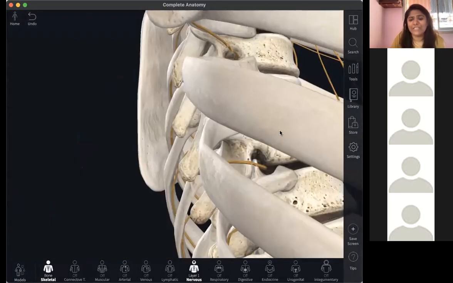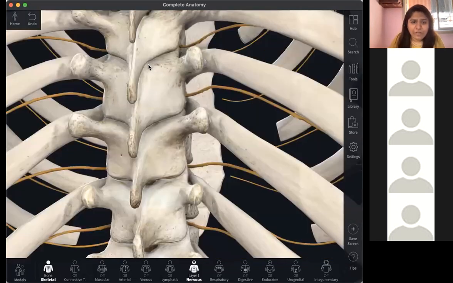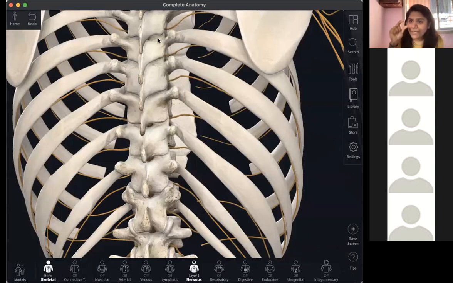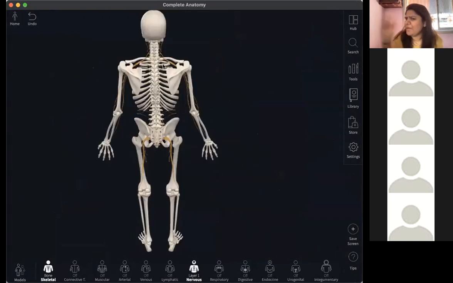If you paid attention last year in the topic called classification, you would have learned that we are vertebral column containing organisms. We are also called vertebrates. The reason we are called vertebrates is because of this structure which is called a vertebra. One singular part like this is called a vertebra, and we happen to have many of them. How many in number precisely? Do you know how many vertebrae you have?